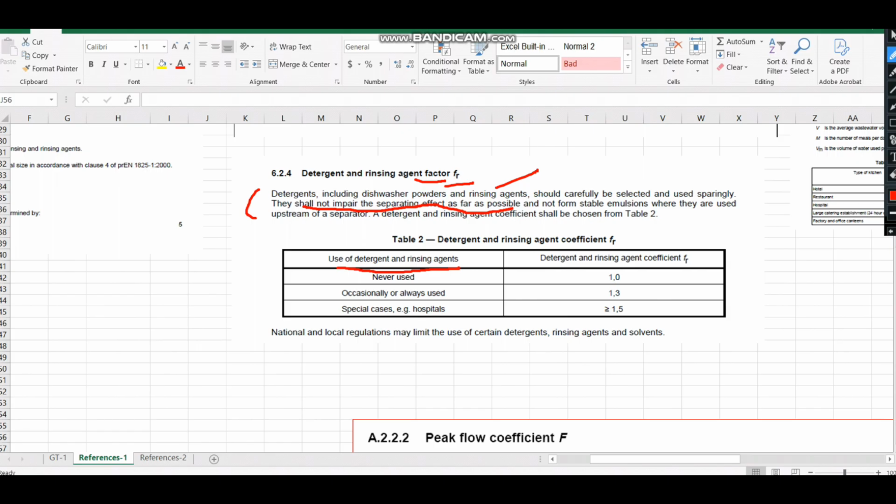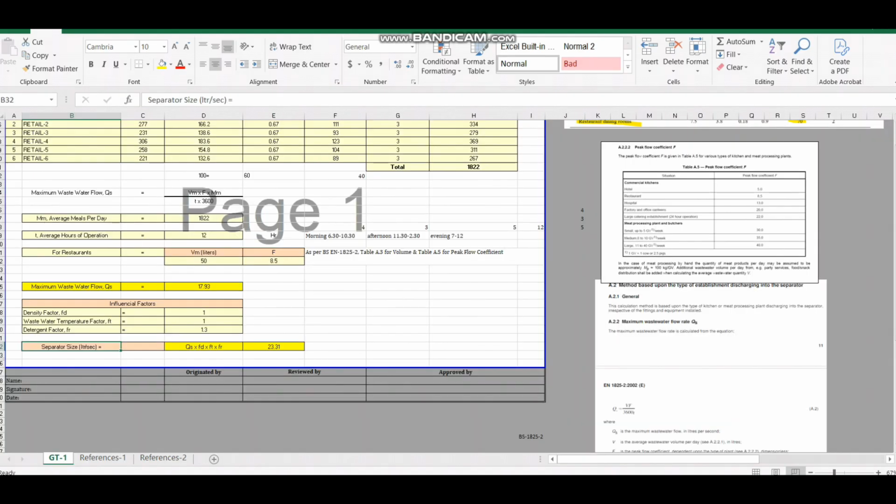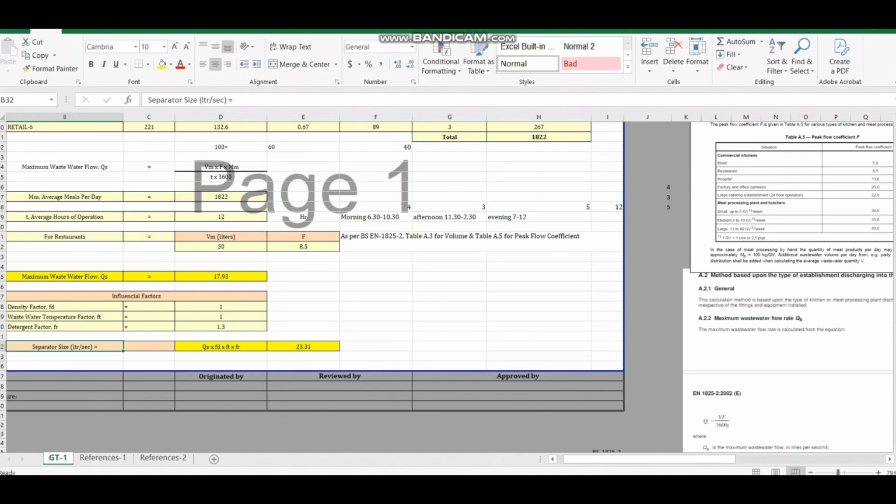So for this detergent factor, it depends on how frequently you are adding it. If it is never used, the factor will be only 1, but if we are occasionally using the detergent to clean up the line, then it will be 1.3. So in our case we are considering 1.3. By applying all these factors we will get the exact amount. I applied one for the density, one for the wastewater temperature, and one for the detergent factor. So now we are getting